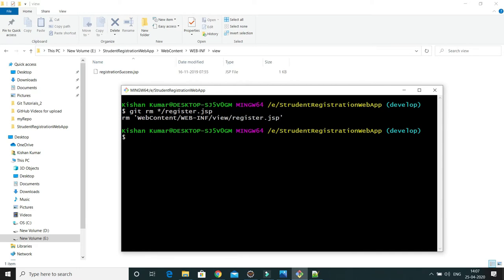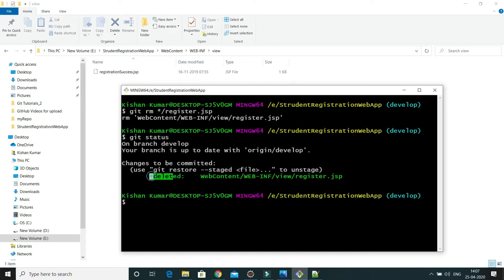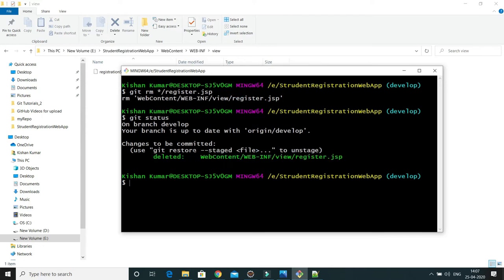And if I do git status, you'll see directly that this change has been staged. So rather than making two steps, you can do the same thing in only one step by issuing git rm.